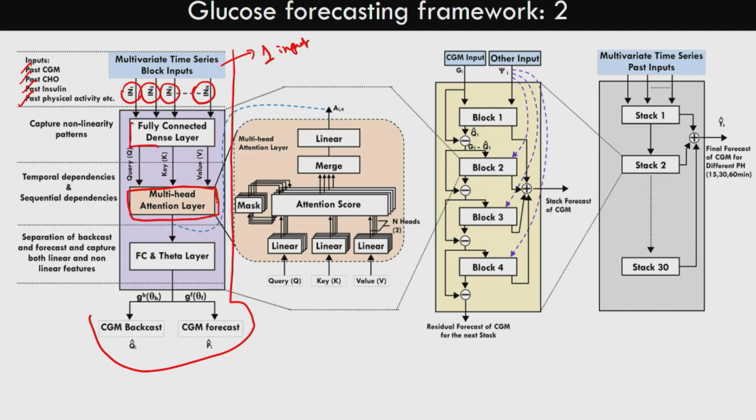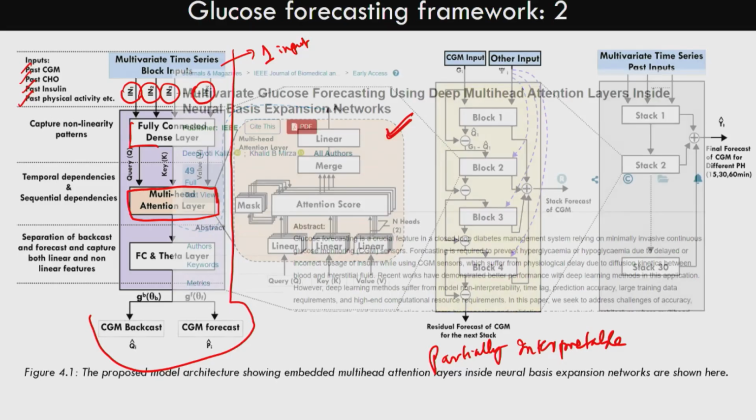Okay. So, this multi-head attention layer helps in improving the accuracy quite a lot, the MARD quite a lot, the RMSE quite a lot, but it reduces your interpretability to some extent. So, we call this a partially interpretable model. We get some idea of why a certain forecast is given. I will show you in subsequent slides, but because this is a bit of a black box, it is not completely interpretable as a standalone neural basis expansion network. So, in that way we try to improve the accuracy as well as